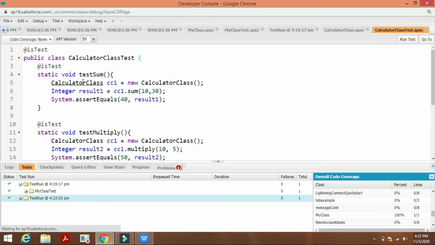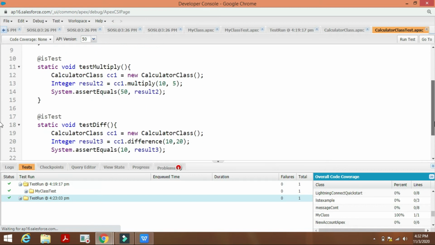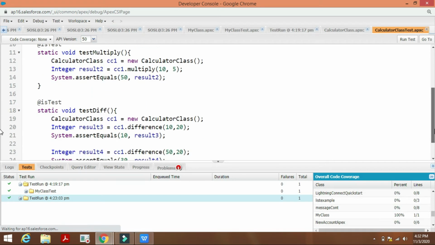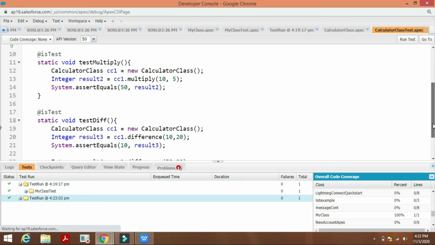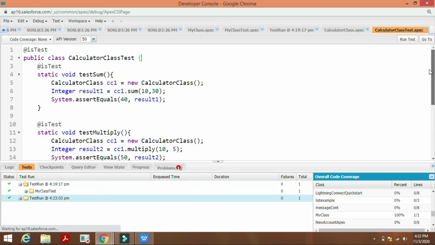Then we have the static methods for sum, multiply, and the difference also. The calculator class is instantiated inside this method, and we have taken example numbers, for example 10 and 30.